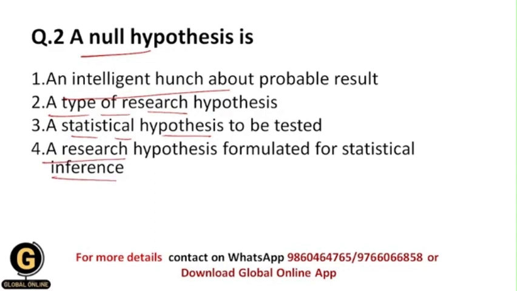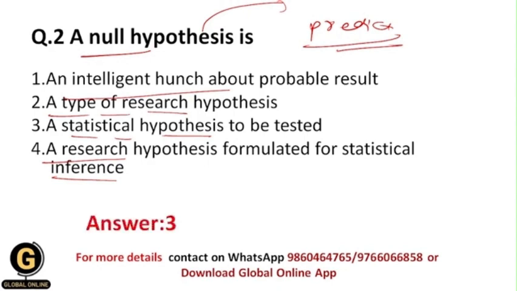So basically students, a null hypothesis is a statement in which we predict that there is no relationship between the variables under study. And in research methodology we only test the null hypothesis. This is the only hypothesis that we test in the research process, and that's why your correct answer should be 3, that is, it is a statistical hypothesis to be tested,